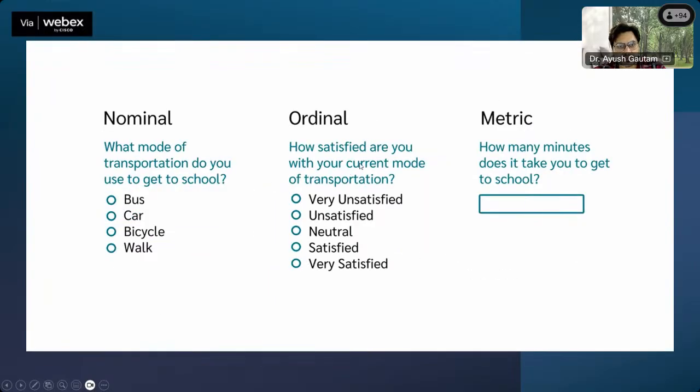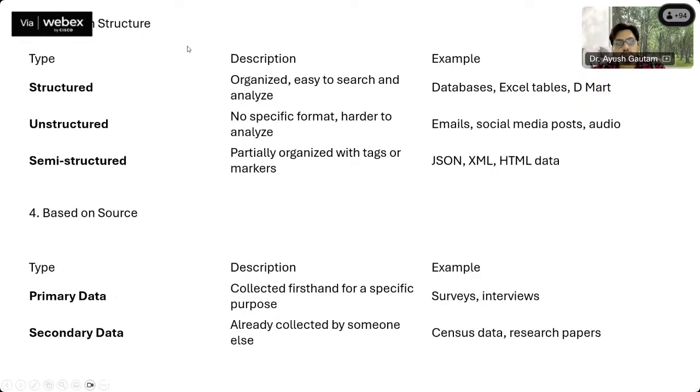So we already discussed this, I think. Now, there is the third type of classification of data, which is based on the structure of the data. Someone already stated this at the start of the class: structured data, unstructured data, and semi-structured data. All of you know this portion very well, because this is what we are discussing in this course. I am not going into structured, unstructured, and semi-structured data here.